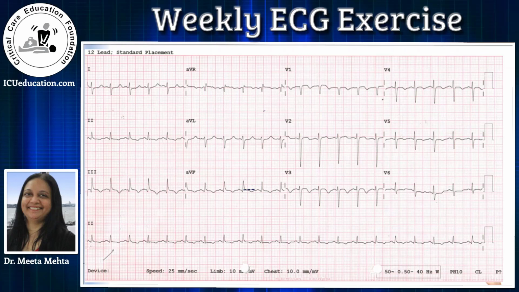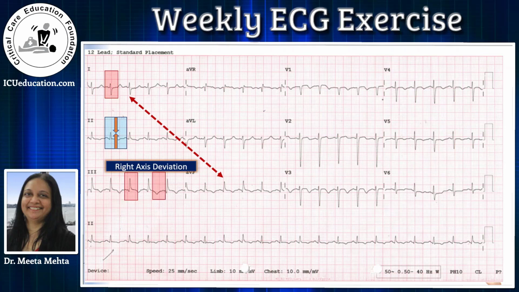Having said that, what is the next abnormality here? I can see the axis here is abnormal, and there is an S wave in lead 1 and an R wave in lead aVF, indicating that there is a right axis deviation. I am very much sure that some of you must have definitely picked up a peculiar pattern here: S in 1, Q wave in lead 3 and T inversion in lead 3, which we usually call the S1 Q3 T3 pattern.